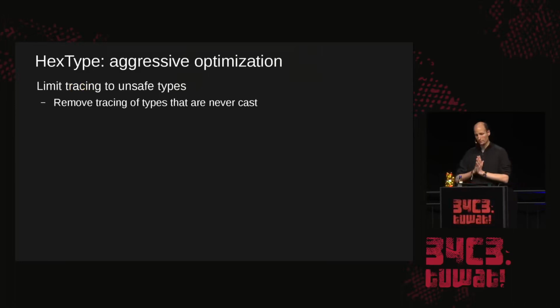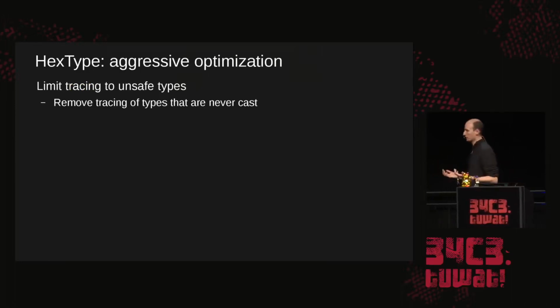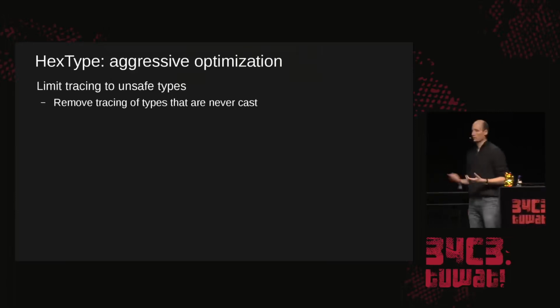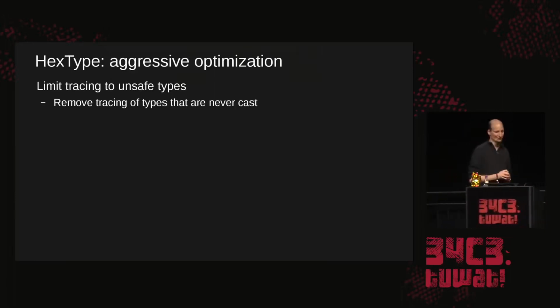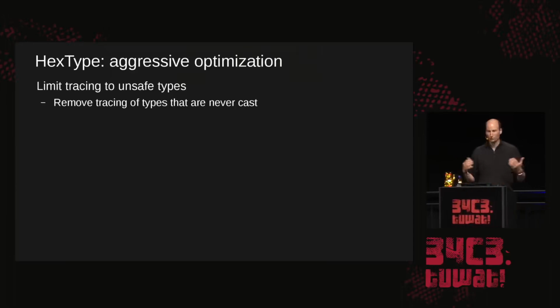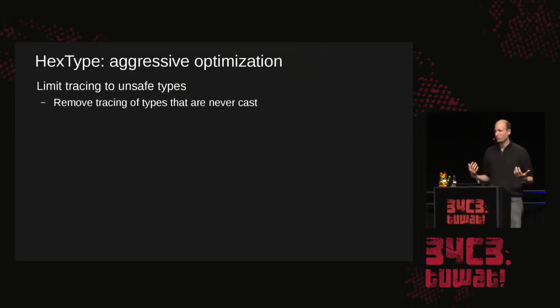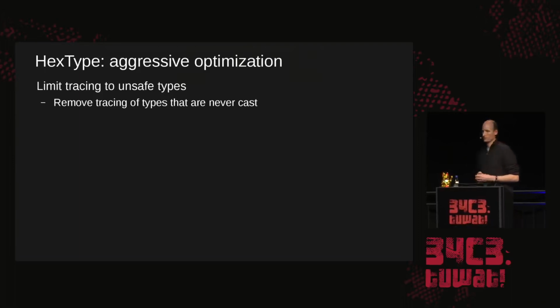Now the problem is, as soon as you enforce full type checks for every single cast, you run into impressive overhead. Right? So our main task was to reduce the overhead to make it more useful. On one hand, we limit tracing to unsafe objects. If an object is only used in a safe context, so for example, if it is never being used for casting, we don't need to instrument it.